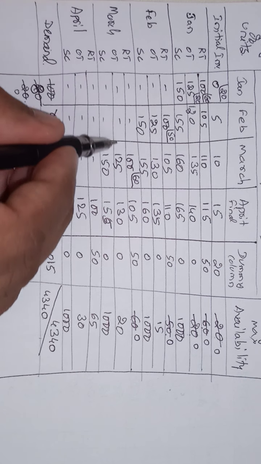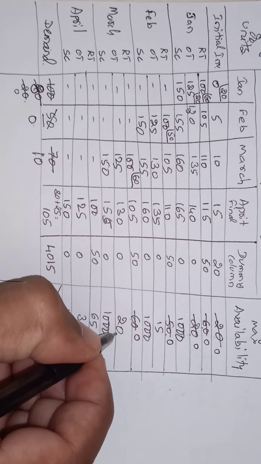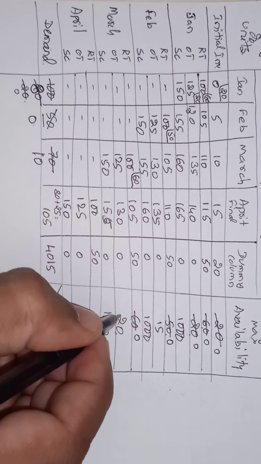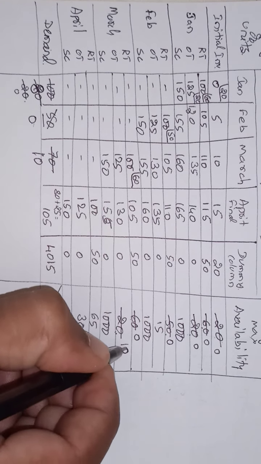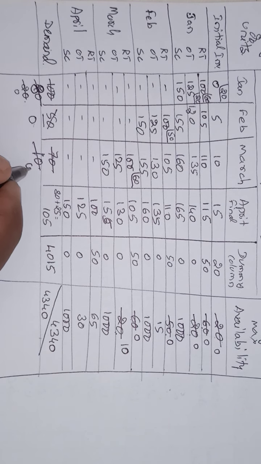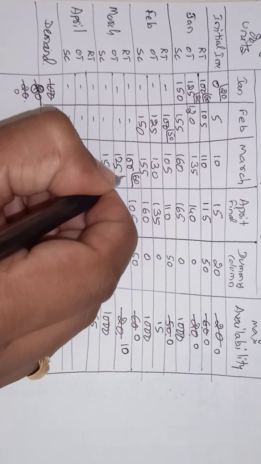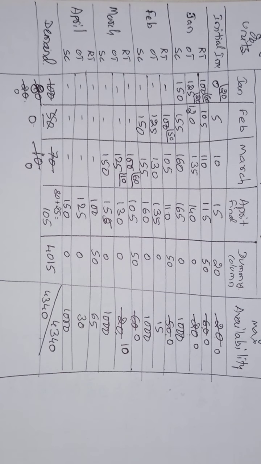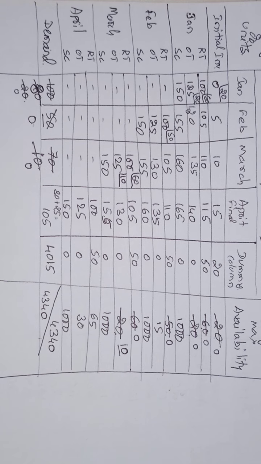From that overtime production, how much quantity is there? 20 quantities. In this 20, we have to use only 10. So how much remaining? Here you write 10, you make it 0. How much quantity have we utilized? Only 20 quantity. That has to be written in the OT, right? So this remaining quantity, don't worry about that one. If they are required in the next month, we can use those quantities, right?